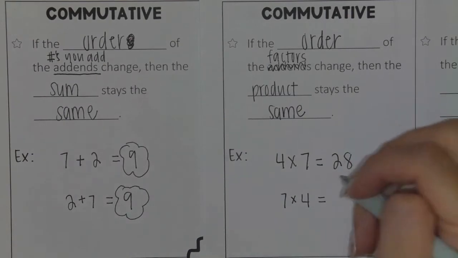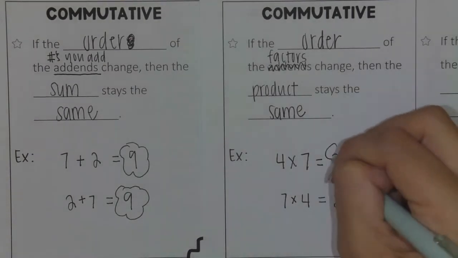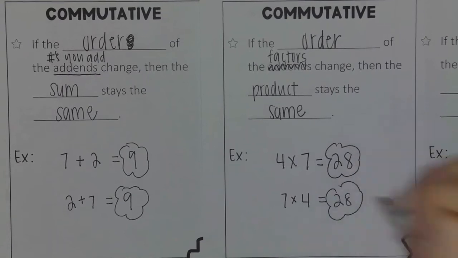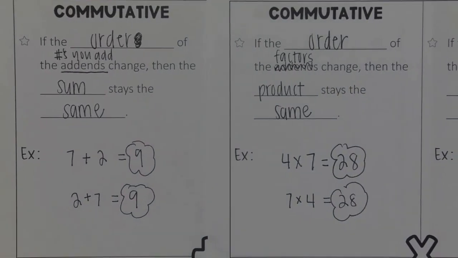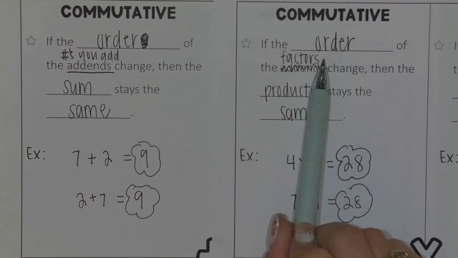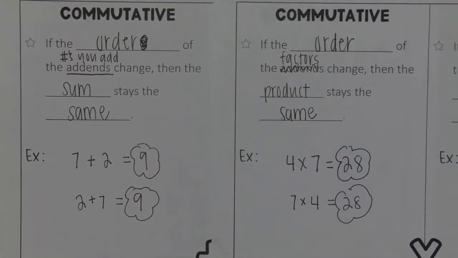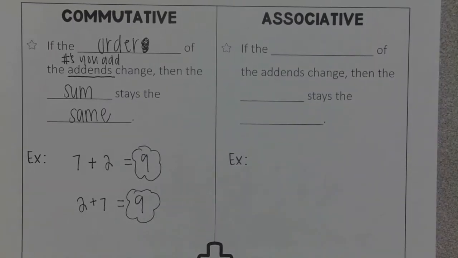So 7 times 4 still gives me an answer of 28. So we switch the order of the factors, but our product remained the same. So that's our commutative property. It's all about order. So I'm going to switch back to addition, and this time let's talk about the associative